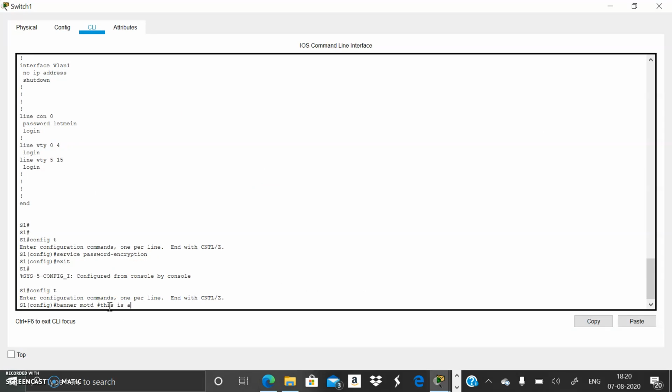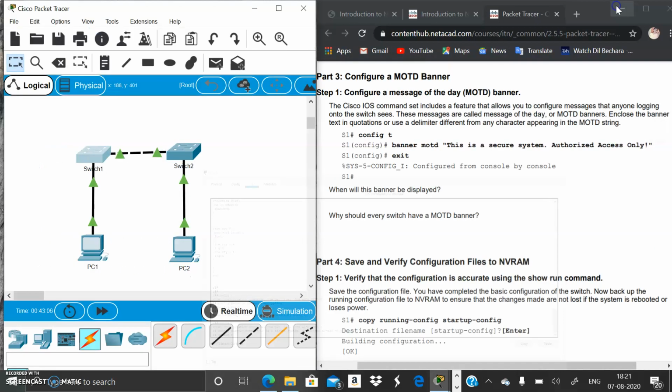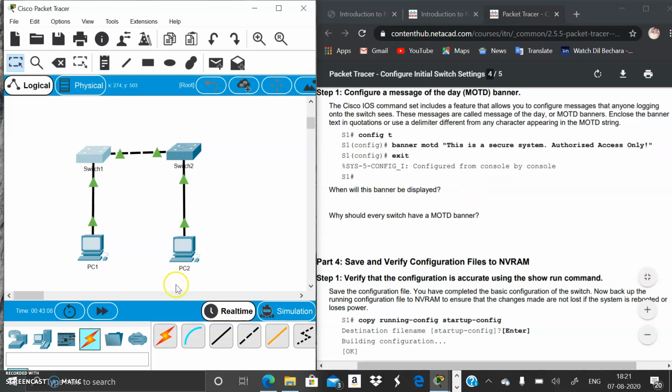This is a secure system. Authorized access only. Okay. Enter. We have assigned the banner message.